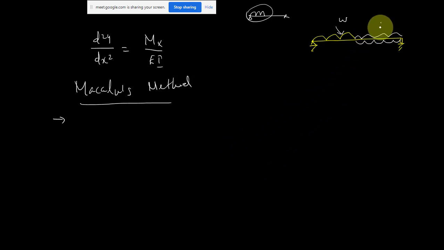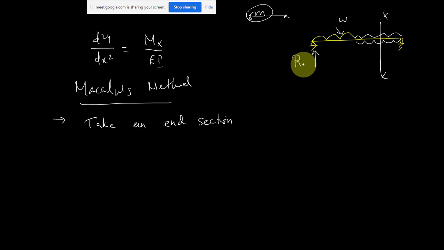We will do it like this to make it continuous. Then take an end section. End section means you take a section where the effect of all the load is coming, then write the equation for your moment. Suppose here we have Ra and this is your X. I will not take a section here, I will take a section at the end section to write the moment equation. If you take a section here, the effect of all three UDLs will be coming.